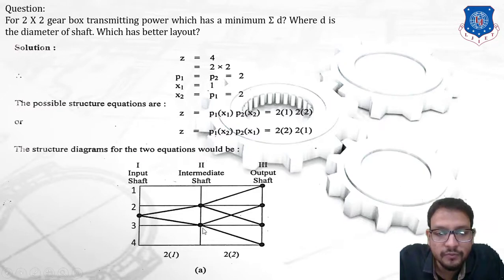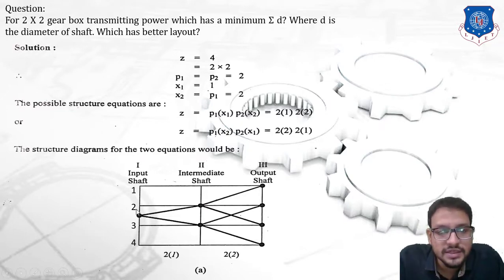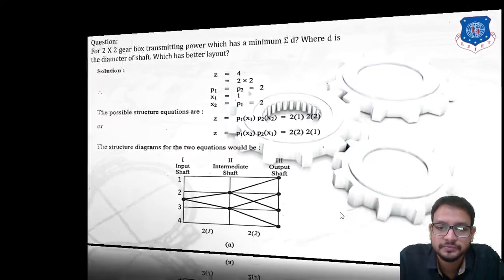Similarly, from this node point, can I say that again we are going to draw two lines? One line is on the upward side and the second is on the downward side, and the distance we need to keep equals 2 units. So this is the structural diagram which we have formed for our structural formula 2 1 into 2 2. Okay guys, next we need to plot a structural diagram for our second structural formula, that is 2 2 into 2 1, this one.